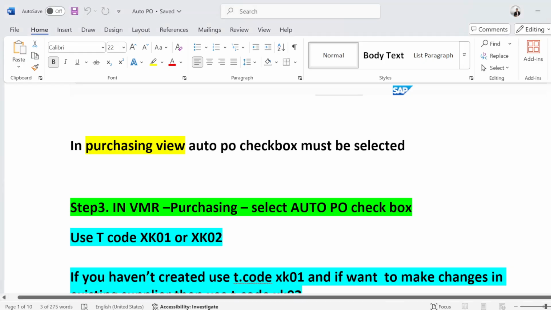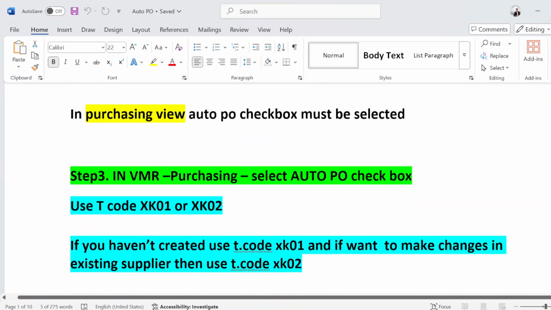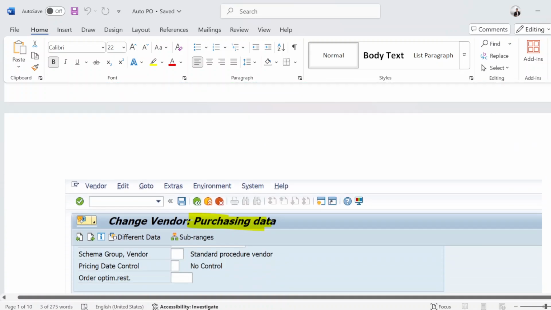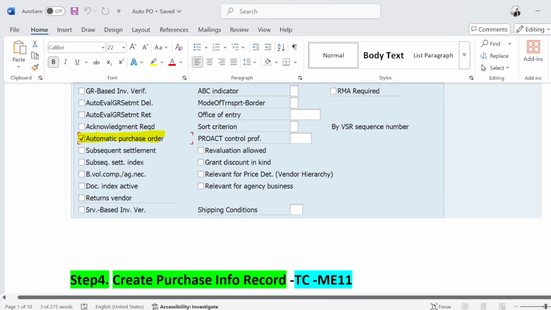In ECC, this is the T code, but in the S4 system, BP is the T code.